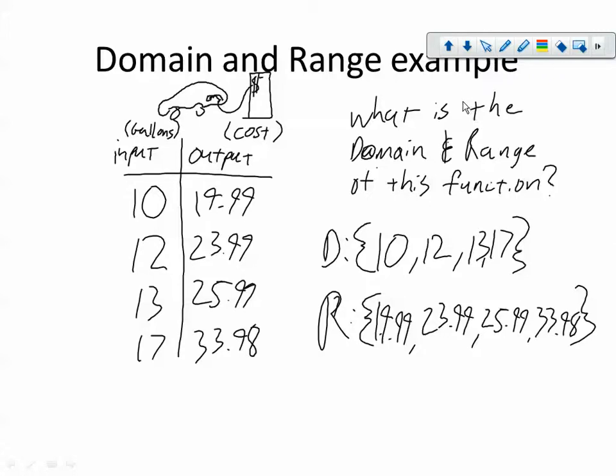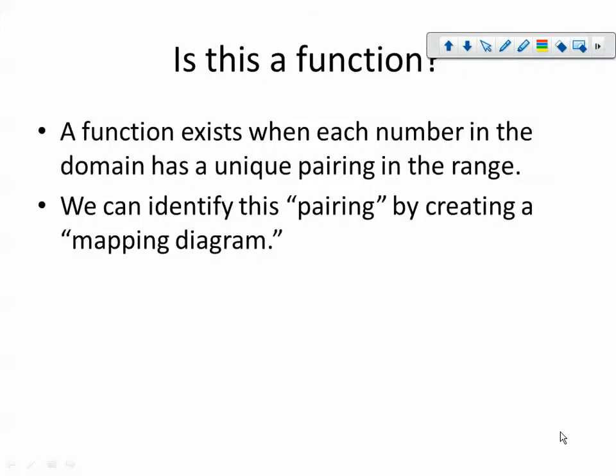Domain, input, range, output. All of my list of x values, inputs, all of my list of y values, ranges. You just write them out. And again, I use this funny looking bracket. It's a hump, a B, a hump. Okay? So the last thing